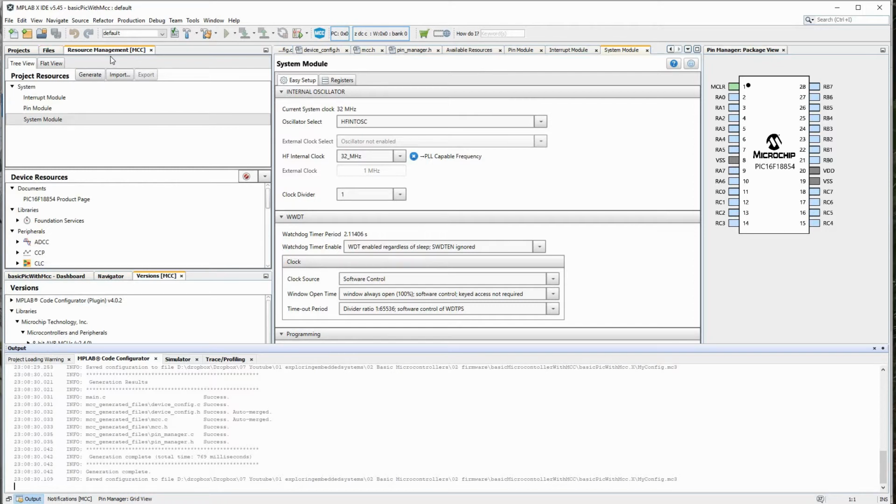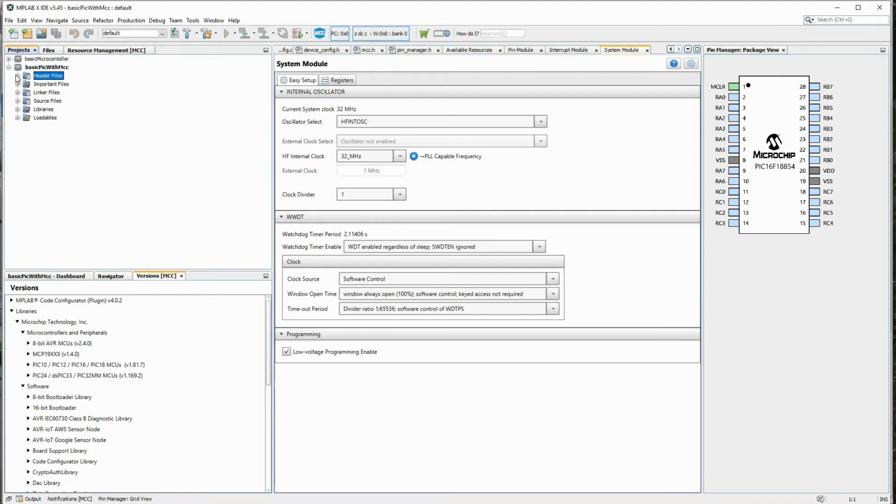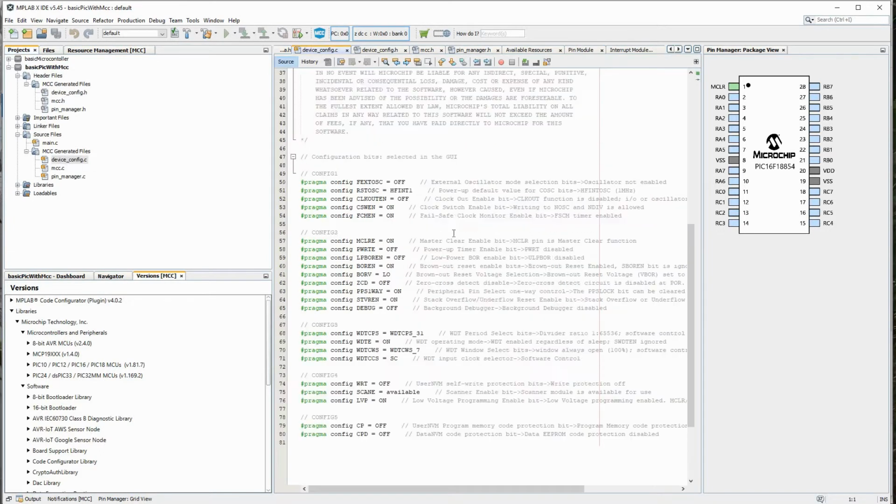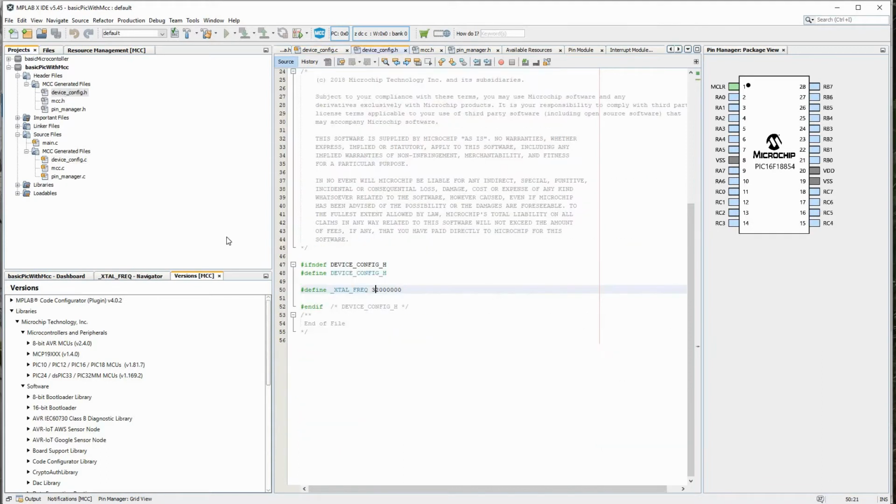So once the code has been generated, if you come to projects, it would have created, so this is the latest project, few more files which you have not created. You come to header source also, you can see apart from main there are certain files which it has created. So let's get into device config. So this, it has done all the configuration. In the previous chapter, if you remember, we did the configuration by selecting what we want, what we don't want, and generate code. So here it has generated the configuration bits. And let's see what is the speed it has set. So it has set frequency to 32 mega.